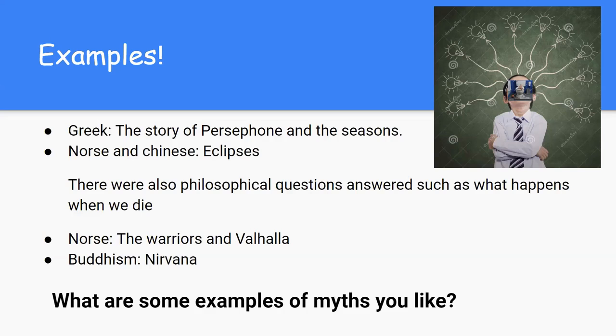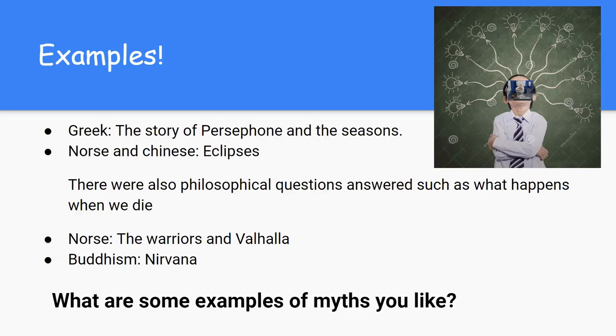One demon named Rahu really wanted the elixir, so he broke into the banquet where they were making it and tried to drink it. The sun and moon gods called Vishnu, the kind of king god of Hinduism, and Vishnu ordered Rahu's head to be cut off. They quickly cut off his head, but because he had drunk some of the elixir, his head was immortal, but the rest of his body wasn't. So his head still lives on.